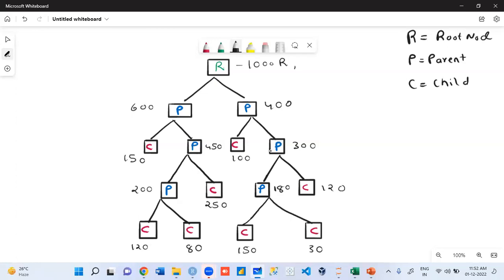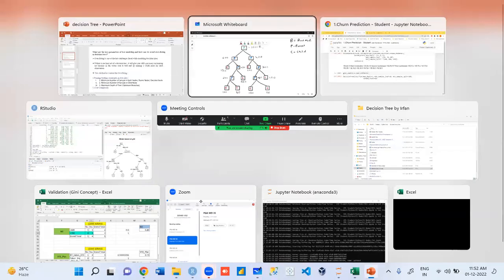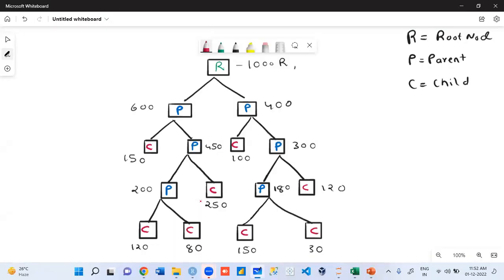Diagram clear, guys? These are the number of rows. I specify in my condition. How many conditions can we write for pruning? Three: branches, number of parent nodes, number of child nodes. How many branches have we made, guys? B1, B2, B3, B4.